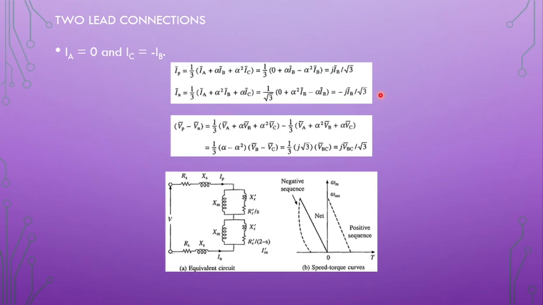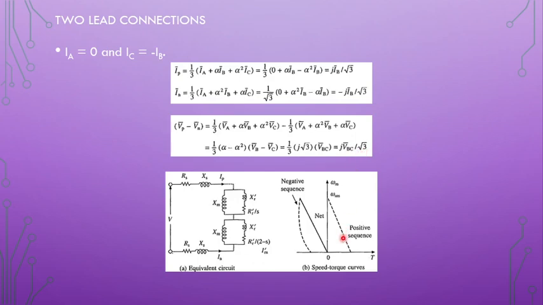Now the voltage that is applied to the motor in this particular connection will be the difference between the positive sequence and negative sequence voltages. We just have to calculate the positive sequence voltage and negative sequence voltage, subtract them, and we arrive at this particular equation. Because we already know the equation for the positive sequence current, it is possible for us to find out the voltage very easily, and this will be the terminal voltage in this particular condition.